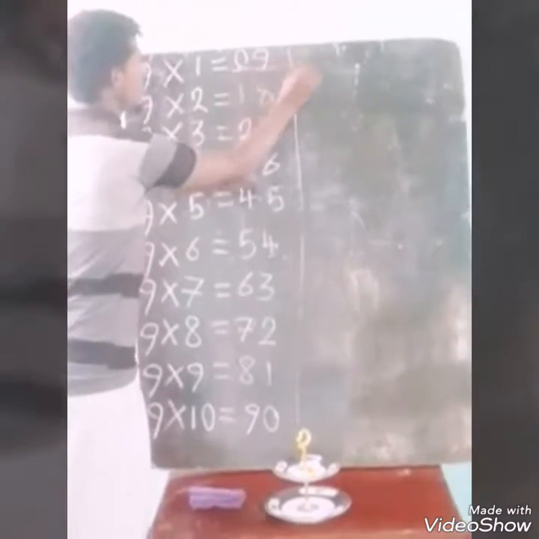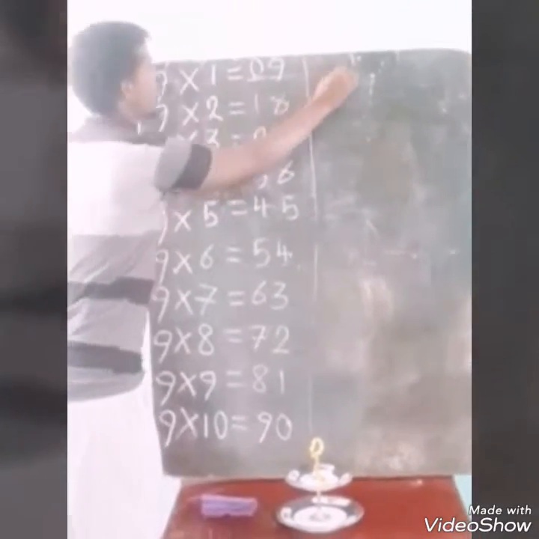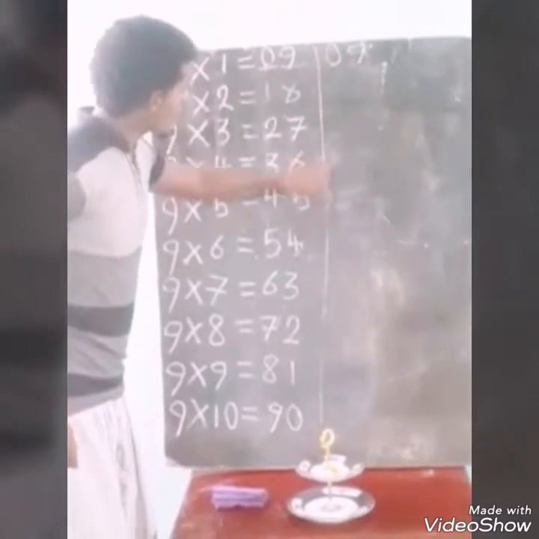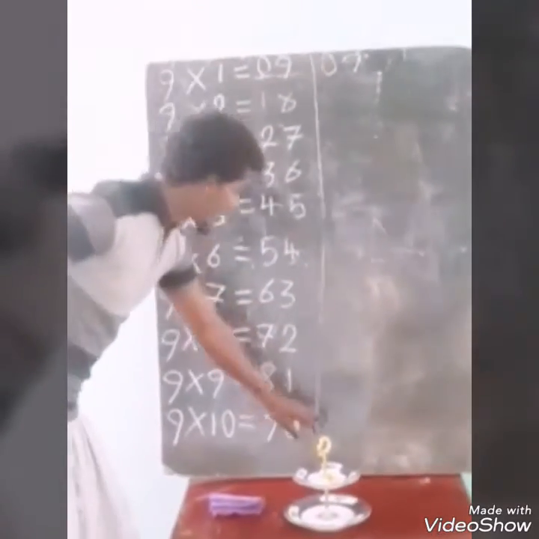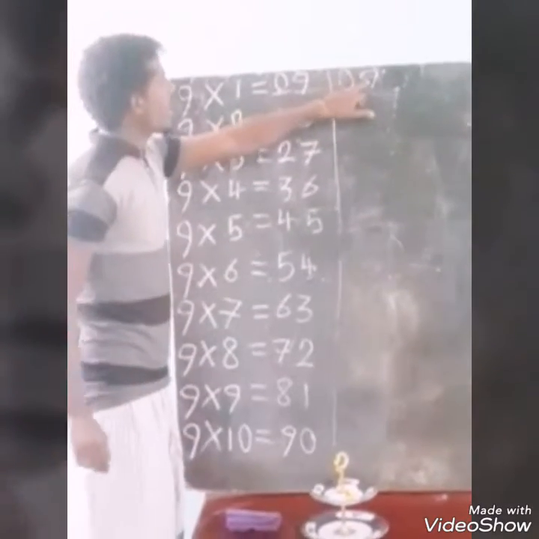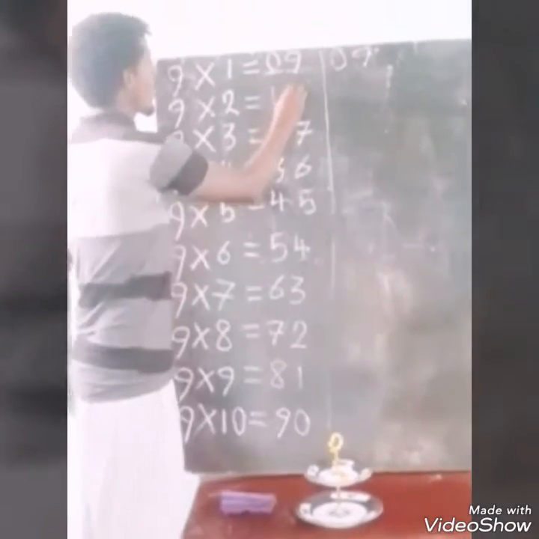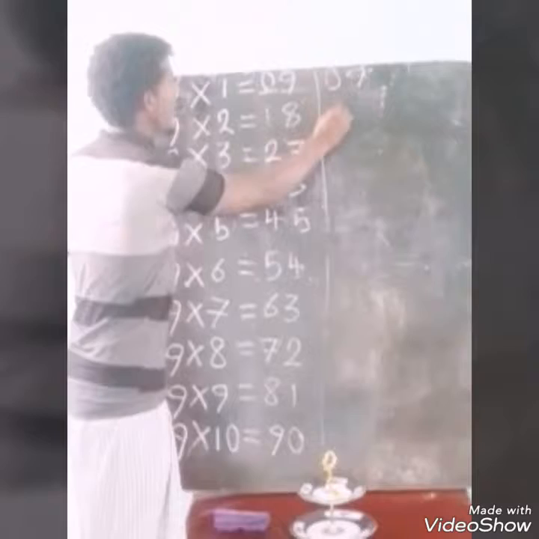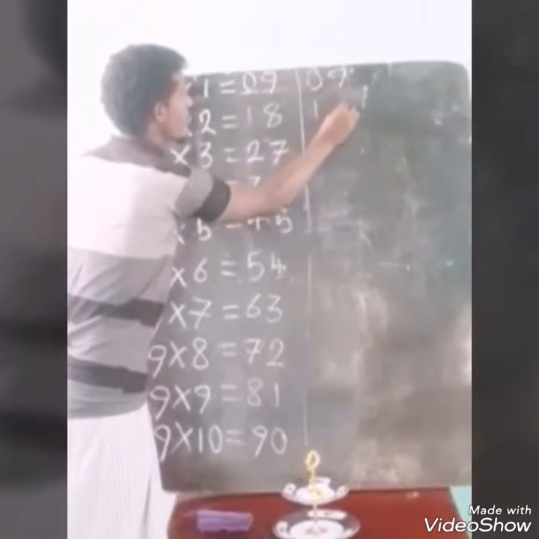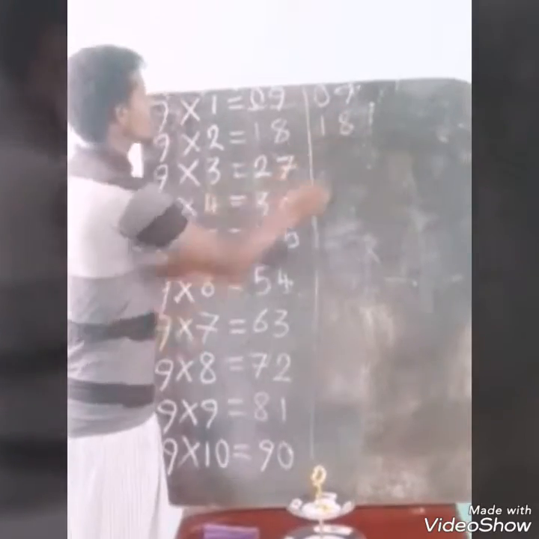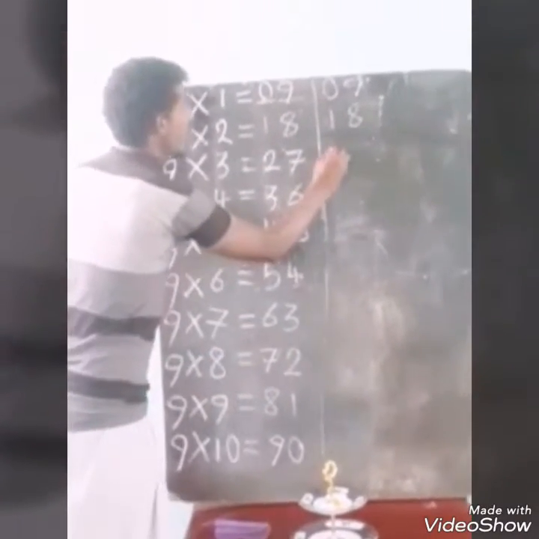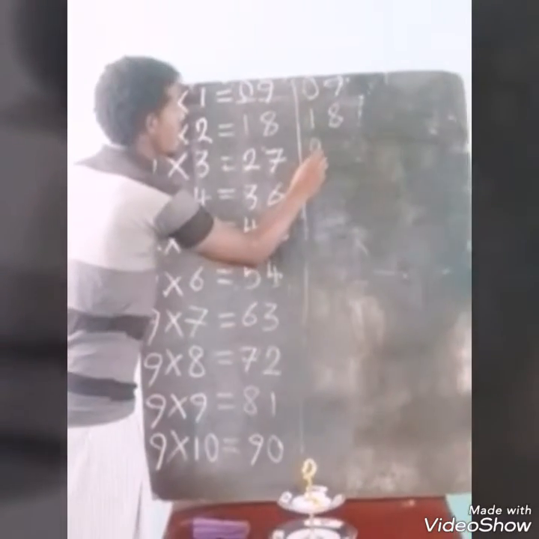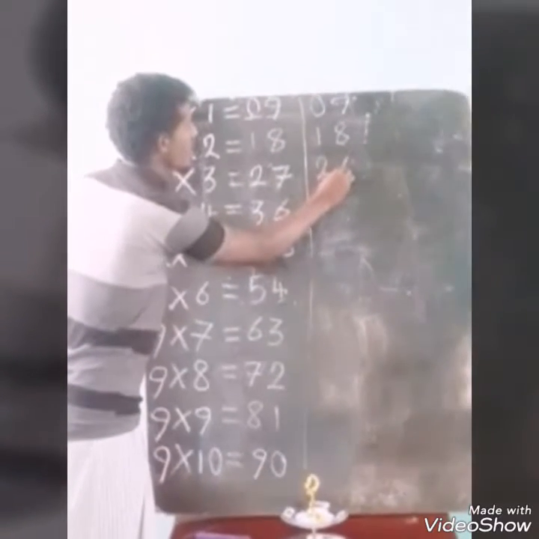For example, we said 9 times 1 equals 9, and we are going to write 0 here. On this line we are going to add 1, 1, 1, 1 till we reach the end. And here we are going to minus 1, 1, 1. So let us start. Here I am going to minus 1, and here I am going to add 1, and it is going to be 18. And here I am going to minus 2, and here I am going to add 1, and here I am going to minus 1,